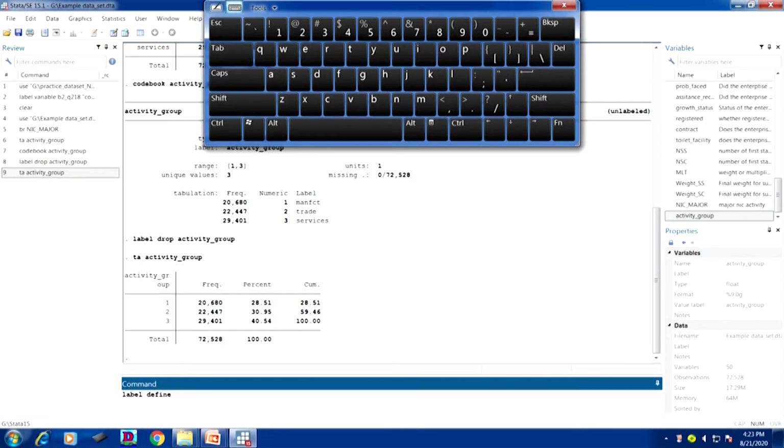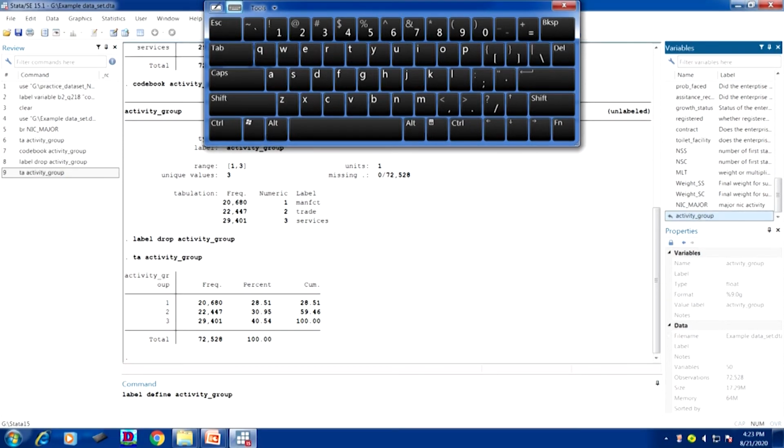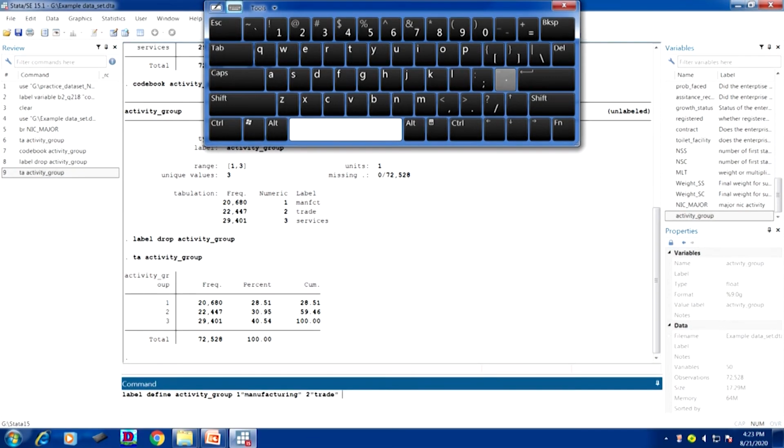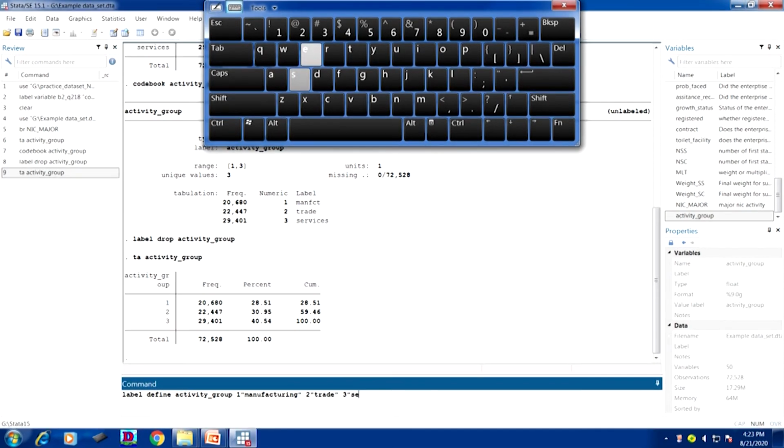Okay. So now this is the one variable whose values we wanted to label, isn't it? Now 1, as you know very clearly, is manufacturing, then 2 is trade, then 3 is services.